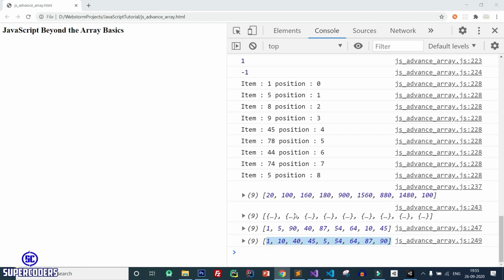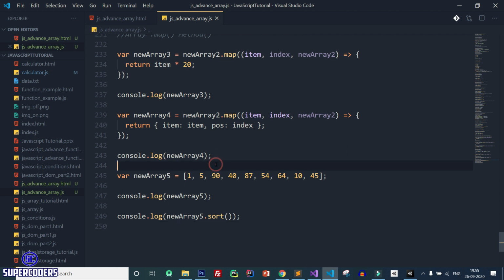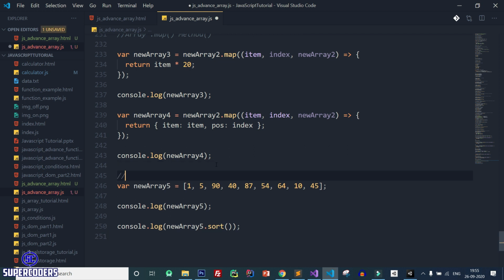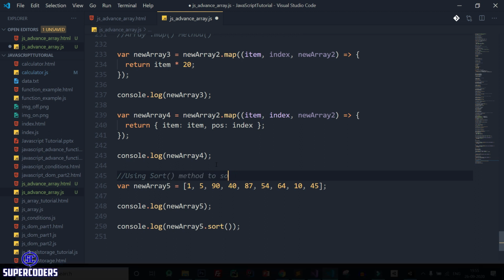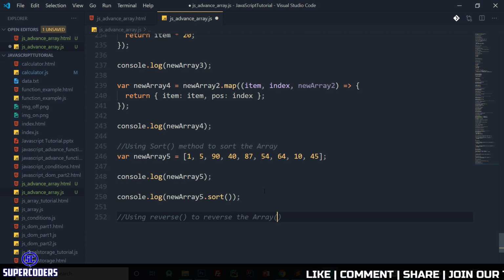So here we are using the sort method to sort the array. Now let's see how you can reverse the array. So using reverse to reverse the array.